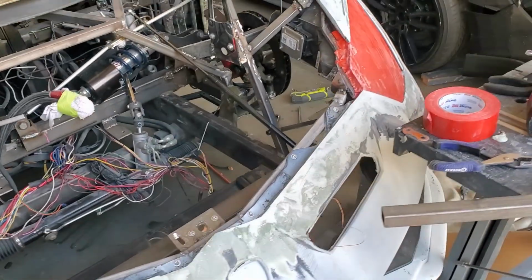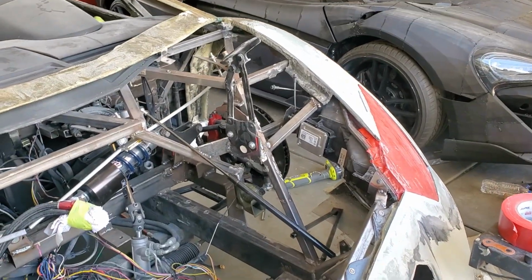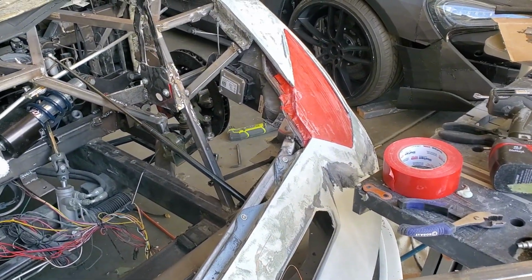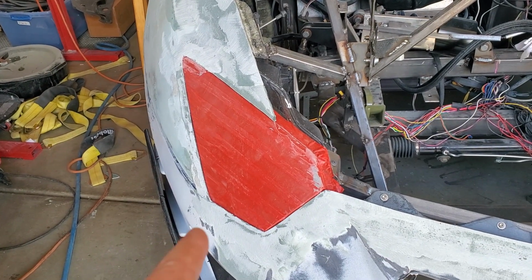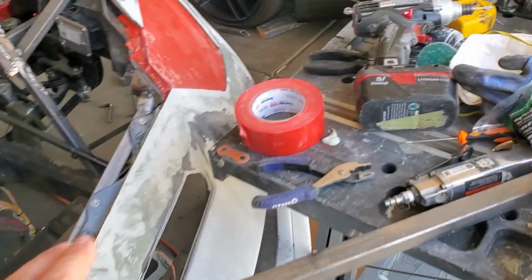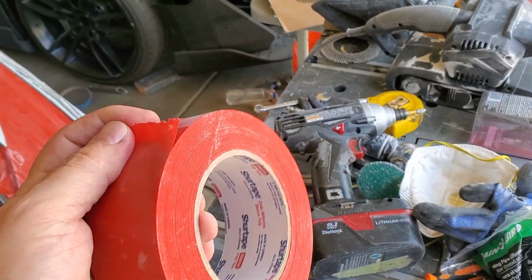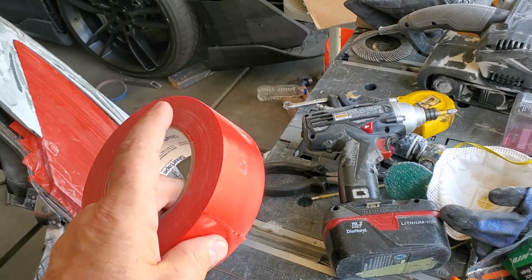Let's talk about the car. As you saw in the last episode, we were talking about the hood, which is off the car currently and over here. But the most important thing was getting these headlights in. I've got them covered with two layers of this tape. This is like a stucco tape, kind of a plasticky stuff. It works really well, and it's really good for releasing